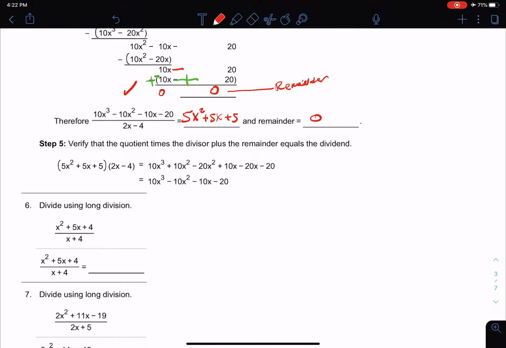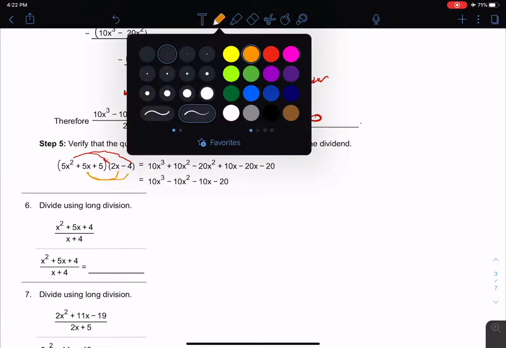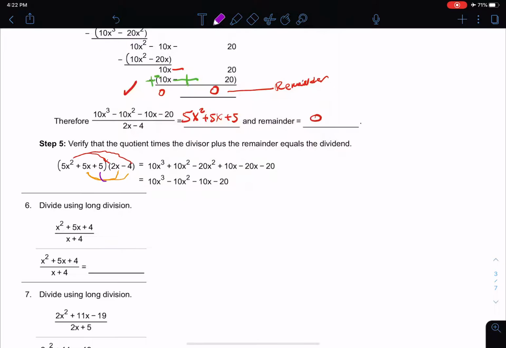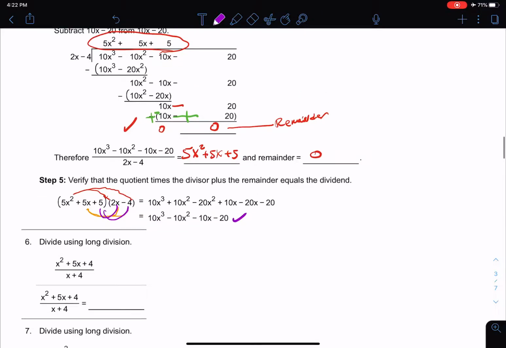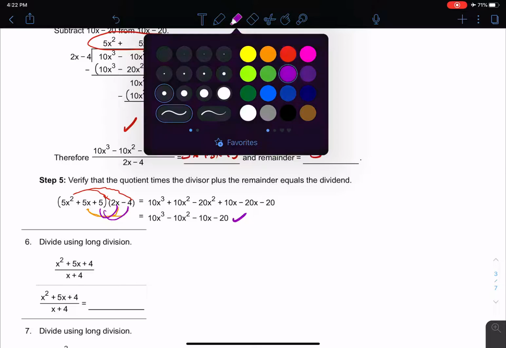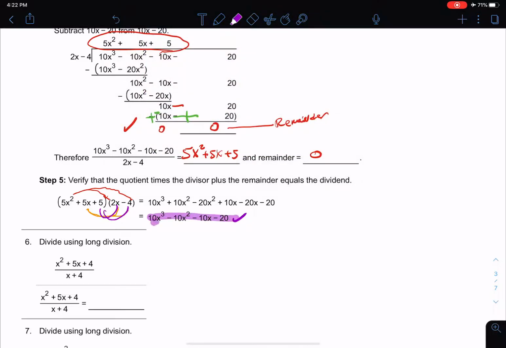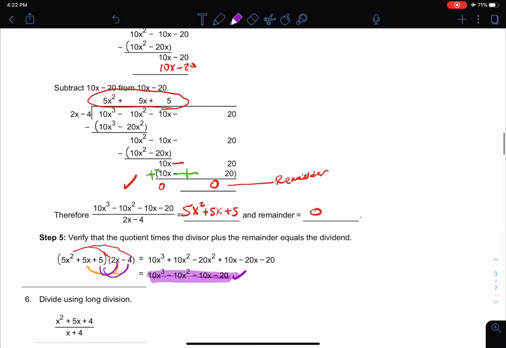So we go through and we multiply, and it turns out when we do the multiplication here, which is not anything too fun to do, because look at this: distribute, distribute, then distribute, distribute, then distribute, distribute, and then collect all like terms. And when you do that, you will find that you get that. What do you get? You'll find that this, after you multiplied, will give you that original